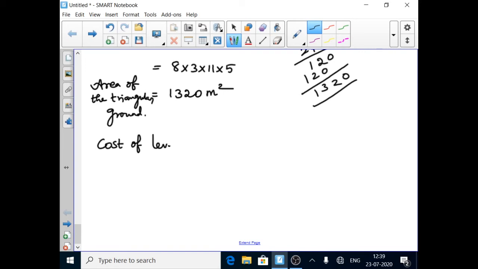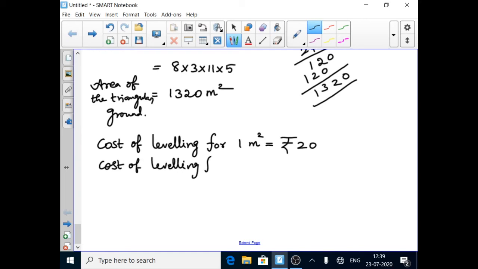Cost of leveling for 1 meter square. For 1 meter square, the cost is given as rupees 20. Okay, rupees 20. The total area is 1,320 meters square. Okay, so therefore the cost of leveling for 1,320 meters square is equal to